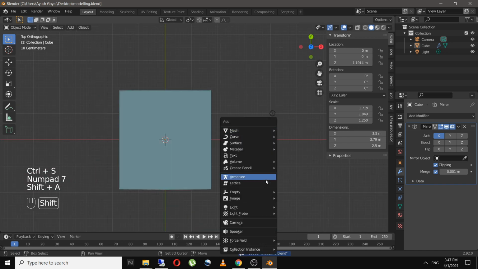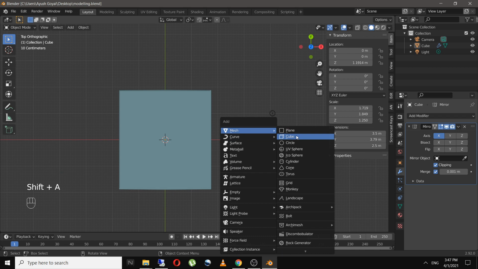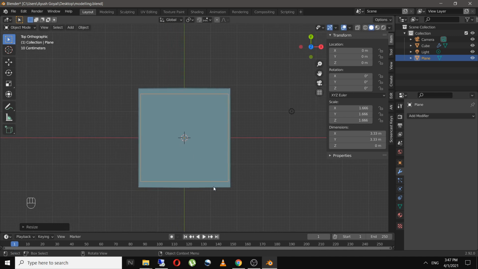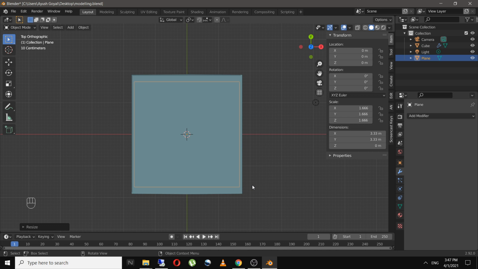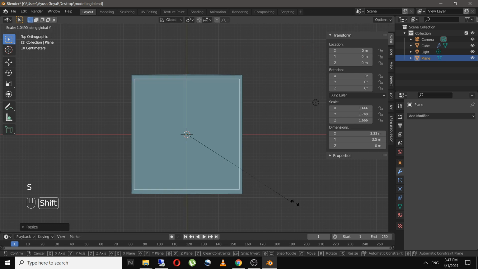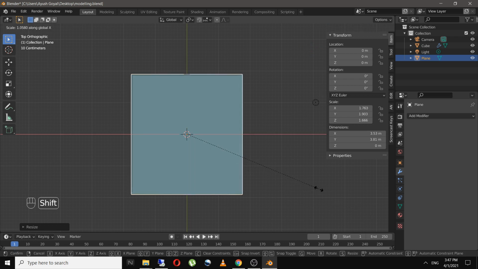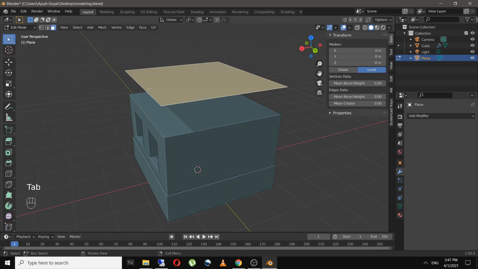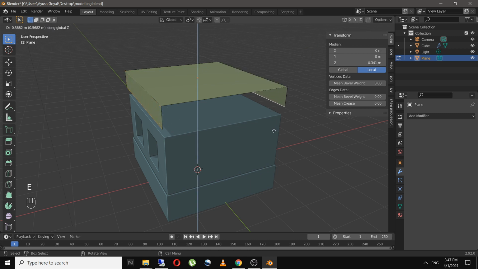So now I'll go to top view and add a plane and scale it almost the size of the main building, something like this, and scale it just a bit on the Y axis as well, just over here, and scale it on Z. Bring it above, and now in edit mode I will select these two edges and extrude them on Z axis just like this.